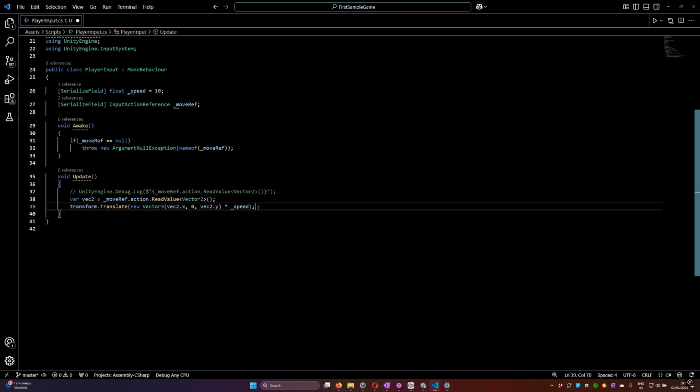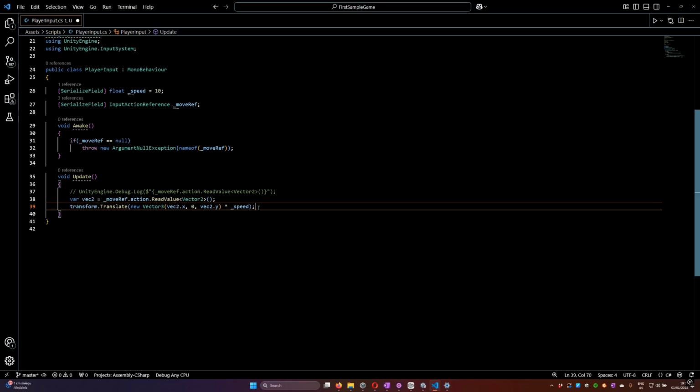We have var type. It is translated to literal variable and it can be of any type. Its type is guessed by compiler depending on what we have on right side of equal sign or an assignment. In Update function, in first line var vec2 declares variable that will be of type Vector2 with ugly short name of vec2.